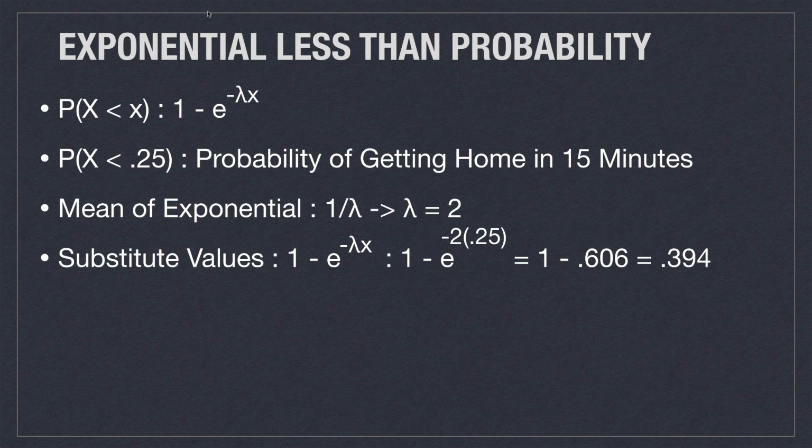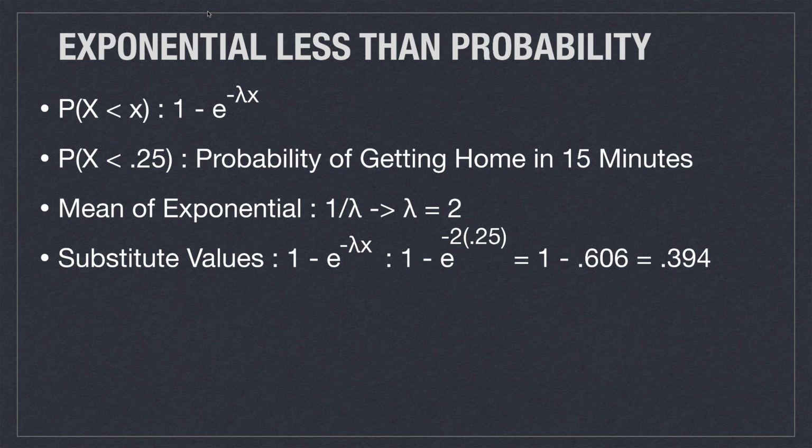as well as how we will use x, or how you calculate this probability in an interval. So let's say that I want to calculate the probability of getting home in 15 minutes. If an hour is representative of 1, 15 minutes in that situation would be represented with 0.25. Well, if I know my mean is going to be represented in which lambda is going to be equal to 2, where the mean is 1 over lambda,